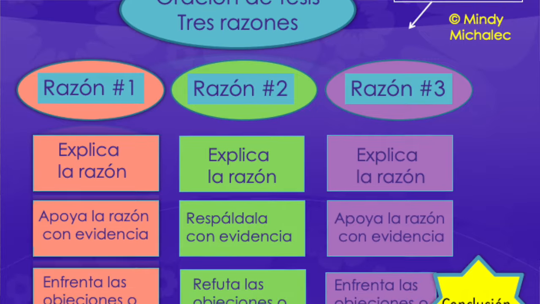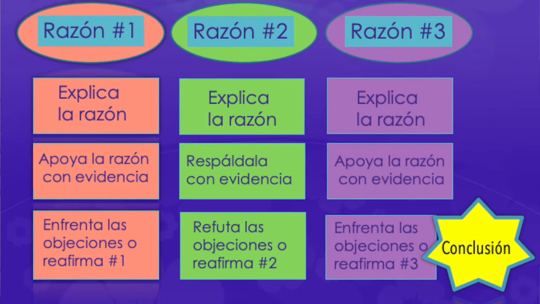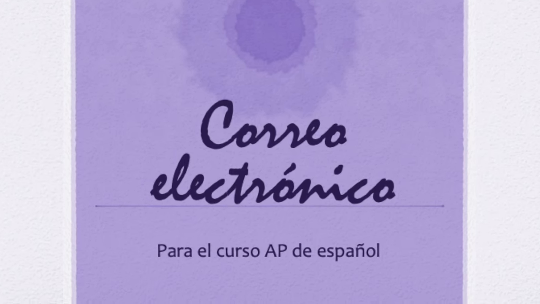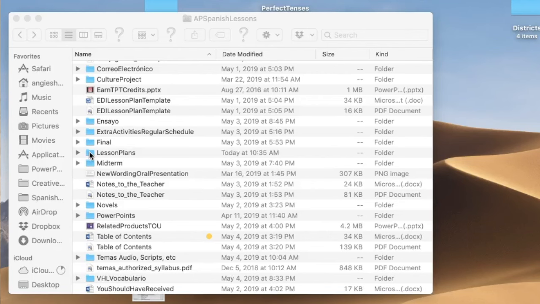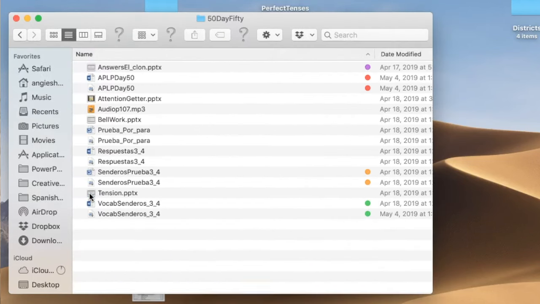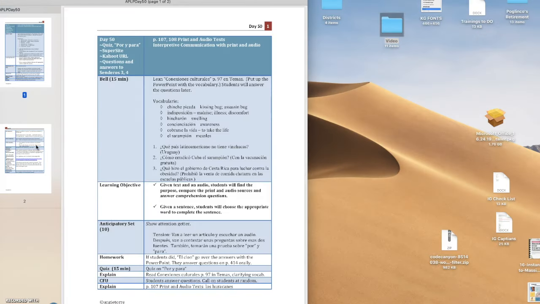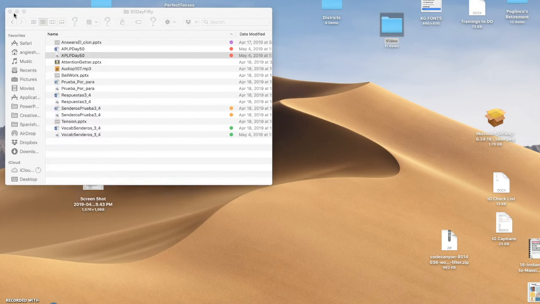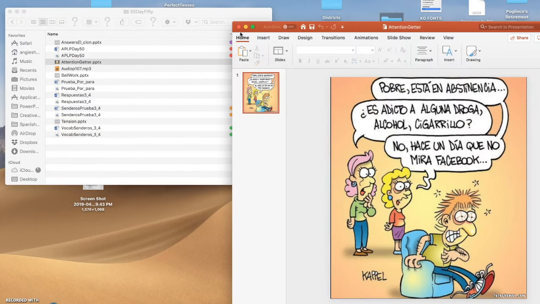I've spent years creating and refining the 17 PowerPoints and activities that help students master each section of the AP exam, so you don't have to reinvent the wheel. The lessons are no prep. Everything you need for each day's lesson is included in that day's folder except the PowerPoints, which are in their own folder. The resources include syllabus, College Board aligned learning goals, items you need for each lesson, attention getters related